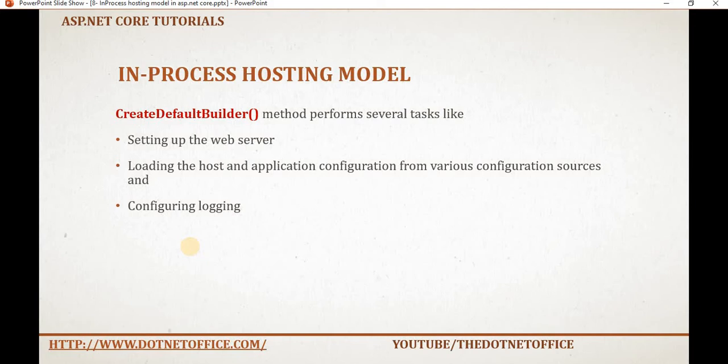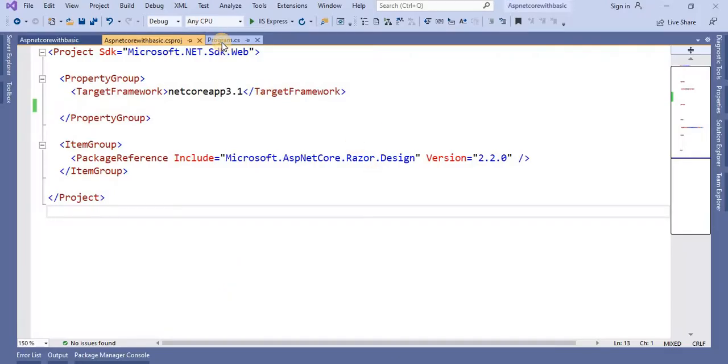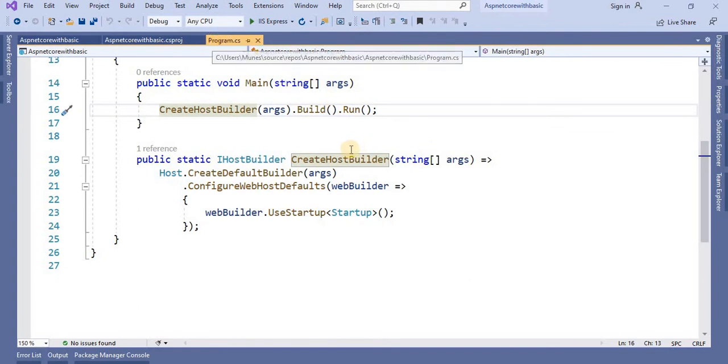But before that, let's understand what is CreateDefaultBuilder. Like in the previous tutorial, when we were converting our console application into the web application, we saw that CreateDefaultBuilder is the main key point for the application, and we implemented that method in this Program. So for every .NET Core application, when we launch it, first it looks for the Main method, because this is the entry point for the ASP.NET Core application. And when it looks for the Main method, it decides whether it's a console application or a web application, and it defines that based on this CreateDefaultBuilder.